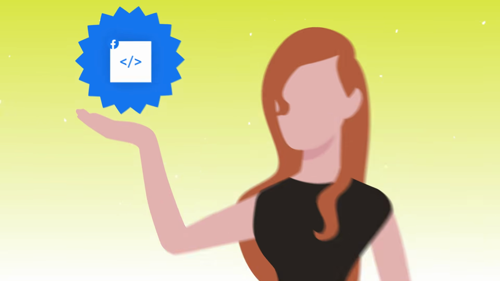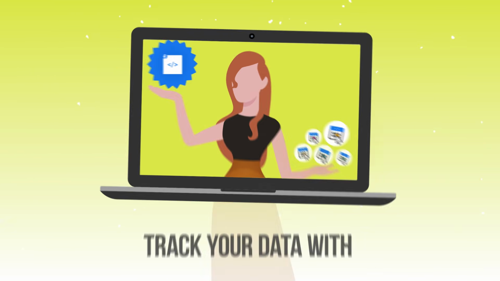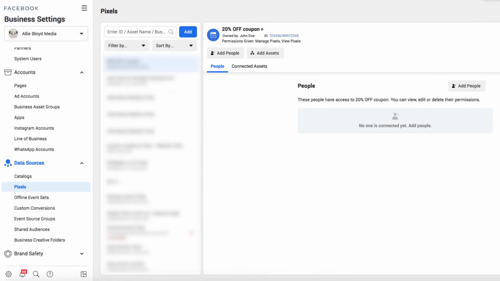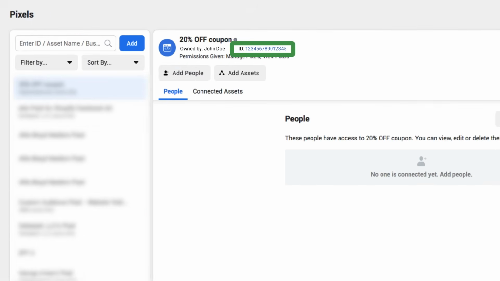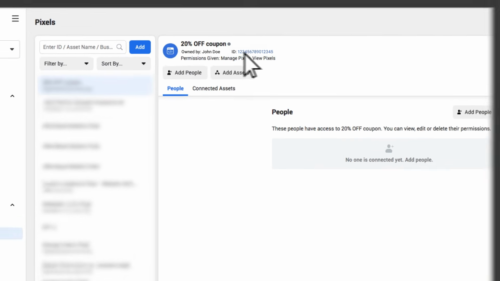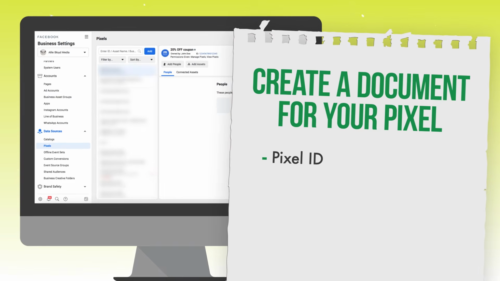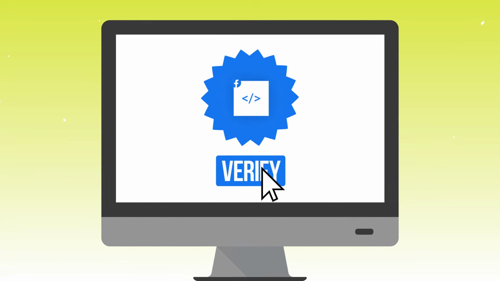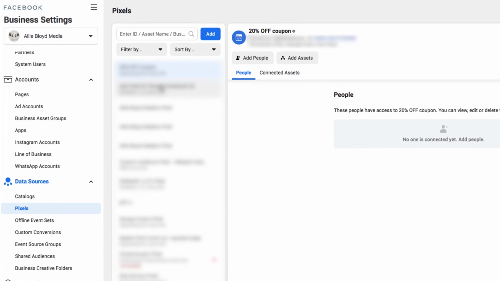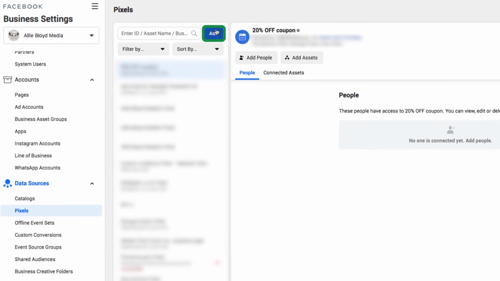However, there's also nothing wrong with having the same pixel and using different standard events to track the actions that are taking place. So if you already have a pixel, like I mentioned, you'll see it right here on the screen. Click to copy and paste it in somewhere like a Google Doc or your notes, because we want to make sure that we're keeping track of this as we go through the process so that it's easier to verify later. If you do not have a Facebook pixel, we're simply going to click on the Add button, and then